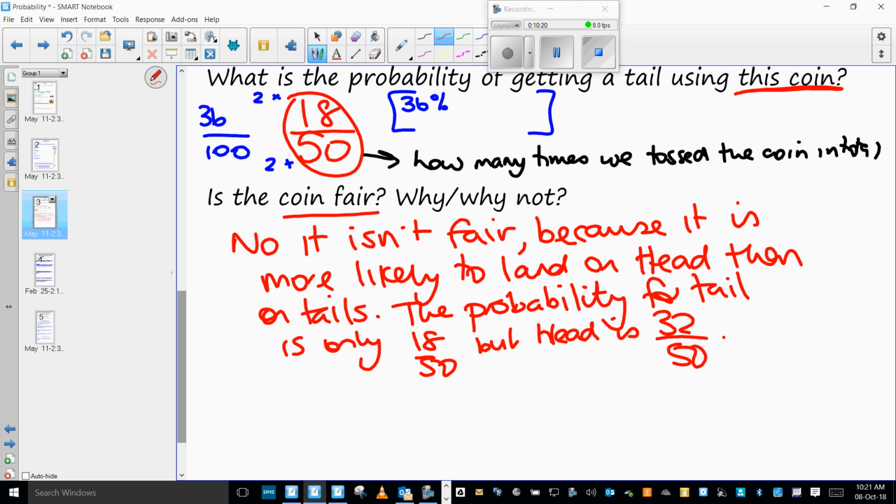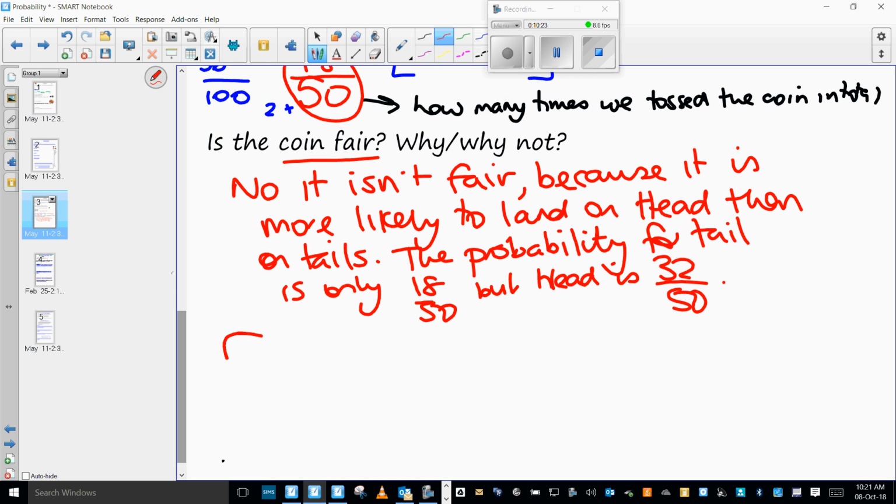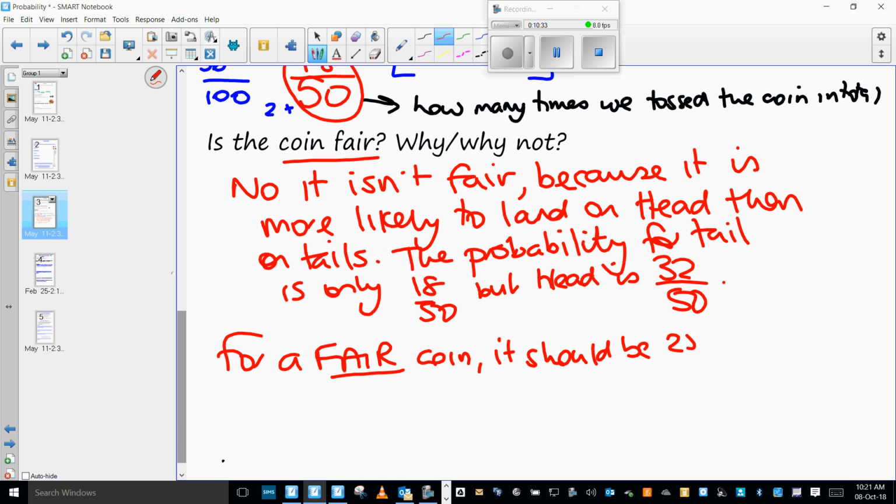So if we've got space, I'm going to say for a fair coin, it should be 25 for each. Okay? So do we understand the concept of being fair? Yeah. Yes, so if something was to be fair, we would expect that we would have an equal chance of winning. Now, if I had 6 of you and I rolled in,